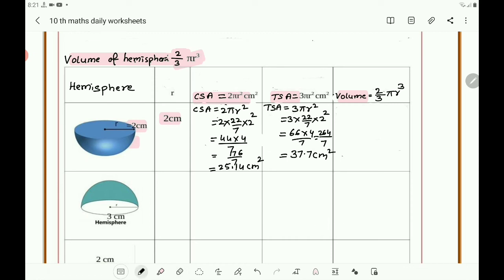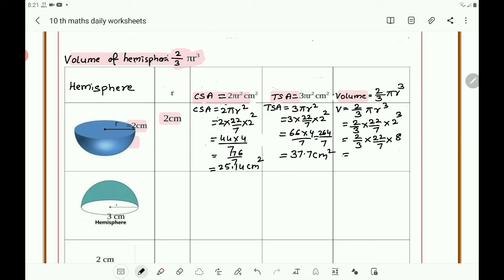Next you take the volume. Write the formula for volume. Volume equals 2 by 3 pi r cube. That equals 2 by 3 into 22 by 7, r cube is 2 cube. That equals 2 by 3 into 22 by 7 into 8. That equals